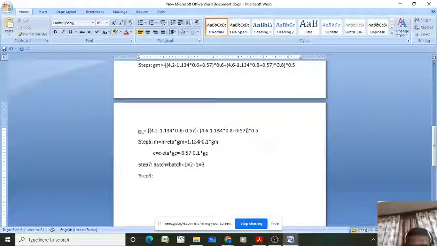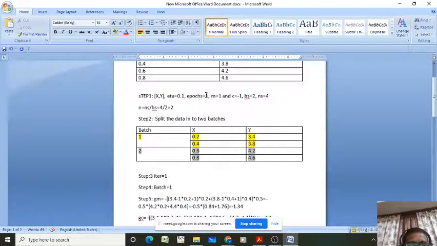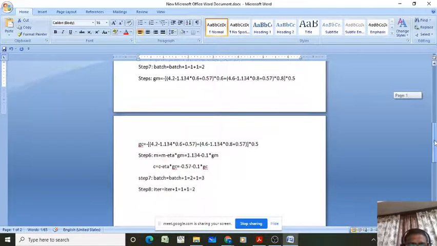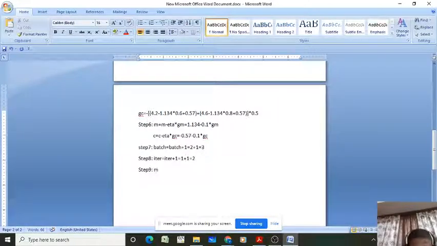Step 8, you have to update the iter count. So iter equals iter plus 1, that's equal to 1 plus 1, that's equal to 2. Now we have to check whether you are reaching the max number of iterations or not. The max number of iterations you set initially is 1, right? But your iteration count is 2. So it exceeds. It exceeds means you have to go to step 9, where you have to read the latest M and C values, and also calculate the mean square error and other error metrics on both training and testing dataset.